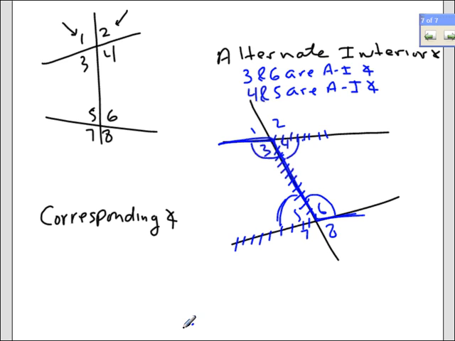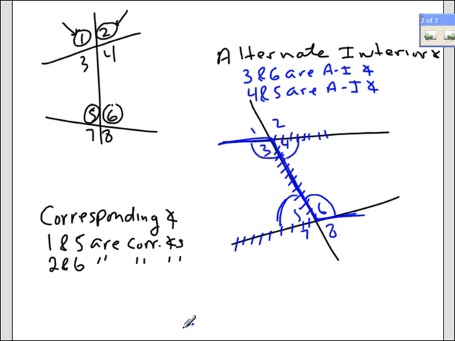Okay, the top left angles are corresponding. 1 and 5, top left, are corresponding angles. The top right, 2 and 6, are corresponding angles. The bottom left angles, 3 and 7,